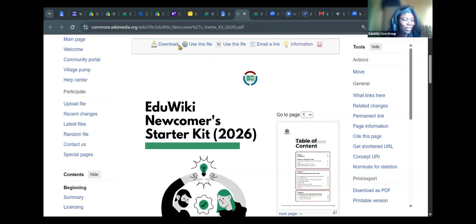Thank you for that. So as I was saying, you can have access to other OERs if you need more information or more resources. I've dropped the link down, and if there's something that maybe you can't find on our starter kits, you can always check the OER documentation page for more information.